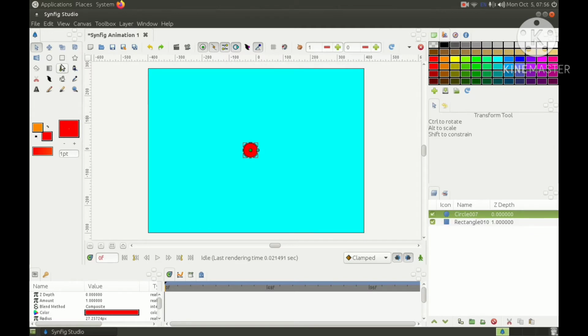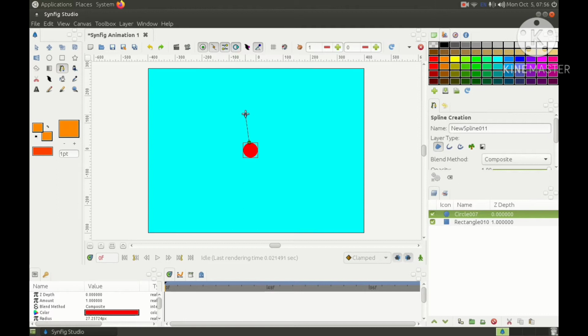Now select the SP-line tool, select a region layer from here and select the color of petals. Suppose I am selecting orange color, and we will start creating.